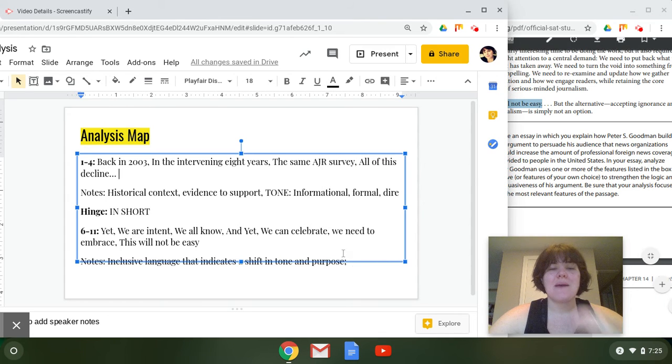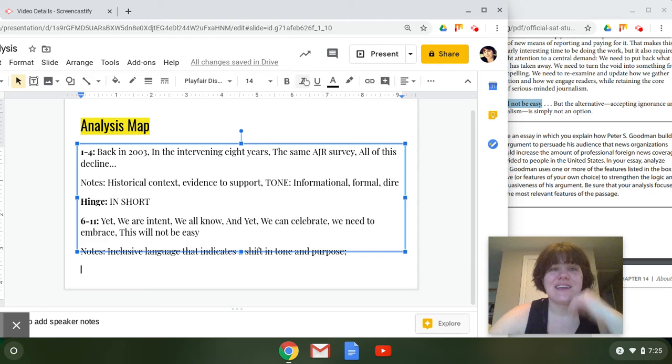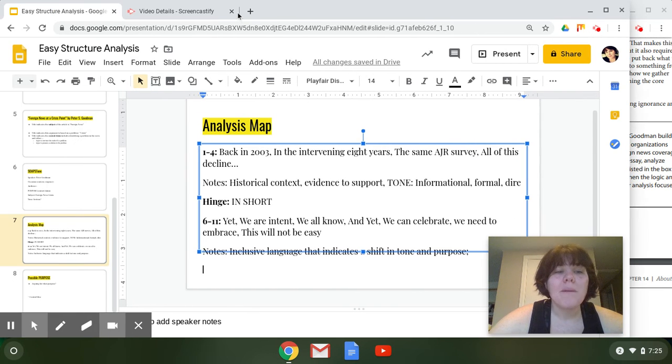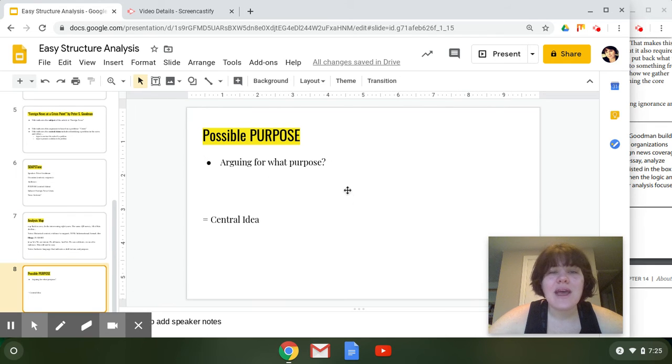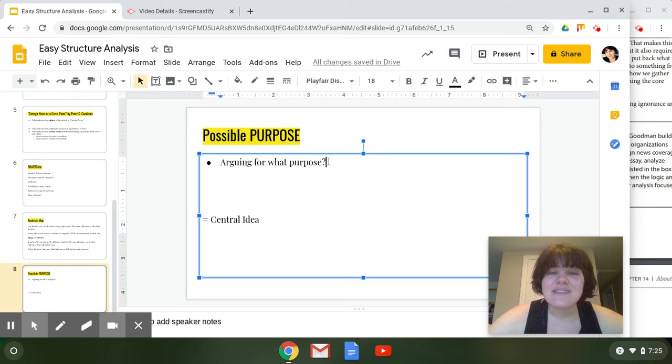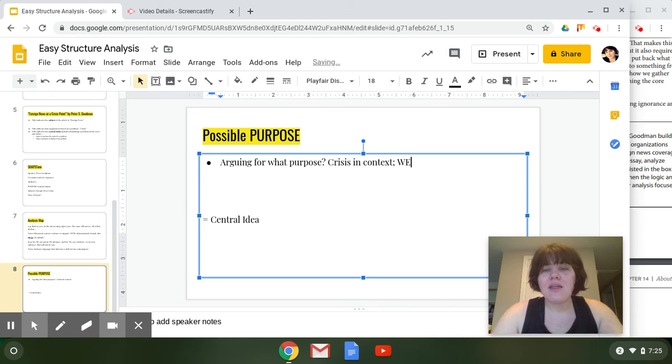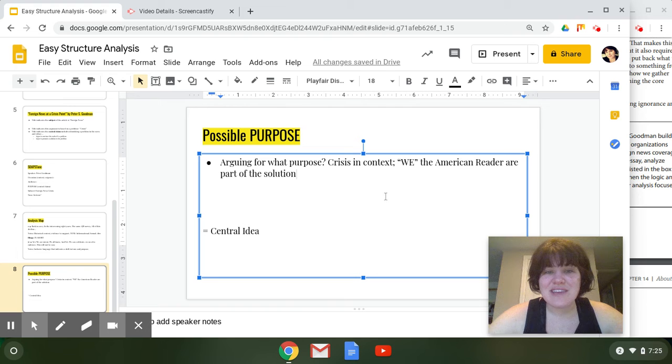But I think if we just take a step back, we can already see that what we've done is probably enough to get us started with this and really give us an idea of what Peter Goodman's article is. I think if we look at the possible purpose, we can see that he's definitely placing a crisis in context, right? And we know that that crisis is in foreign national news and the decline. He's proposing that we, as the American reader, which is part of the audience, which is really important to identify, are part of the solution. And although it will not be easy, as our last transition says, there is still hope, right? For the American reader to receive or become aware